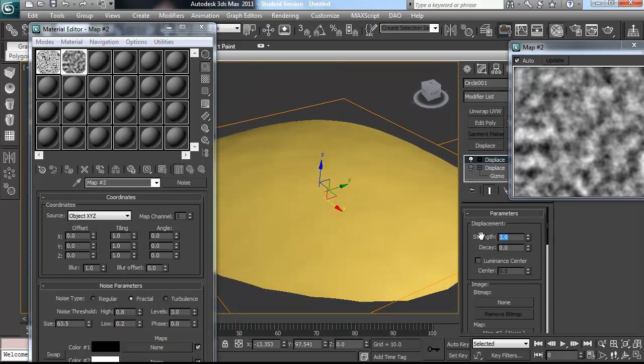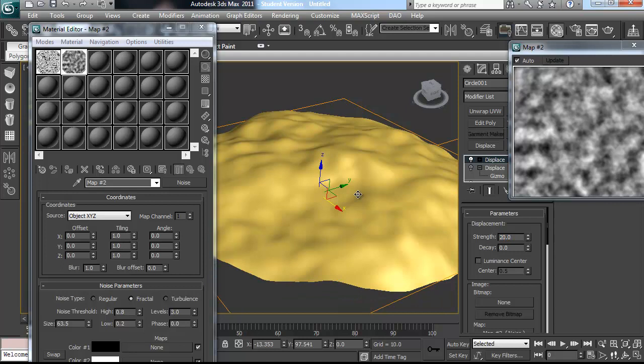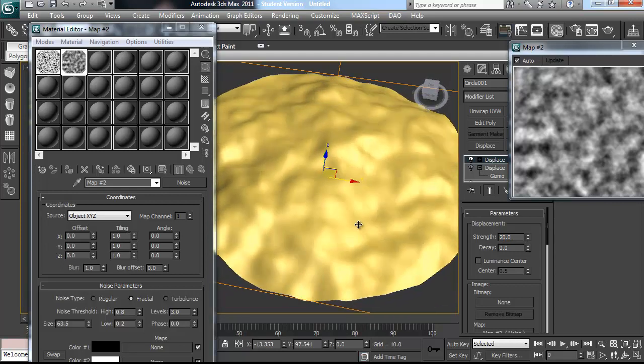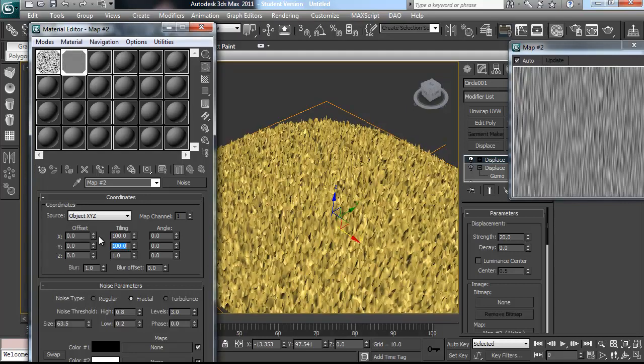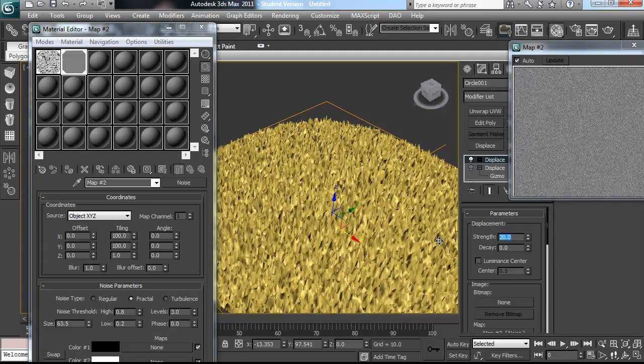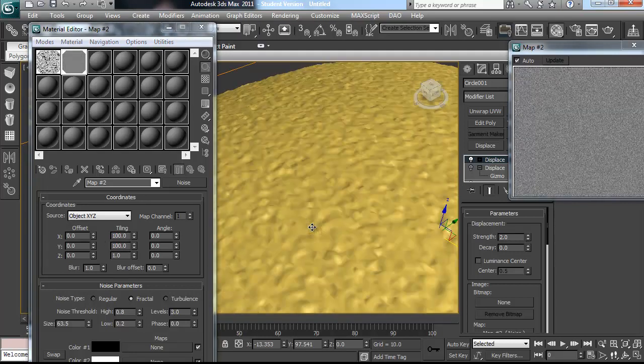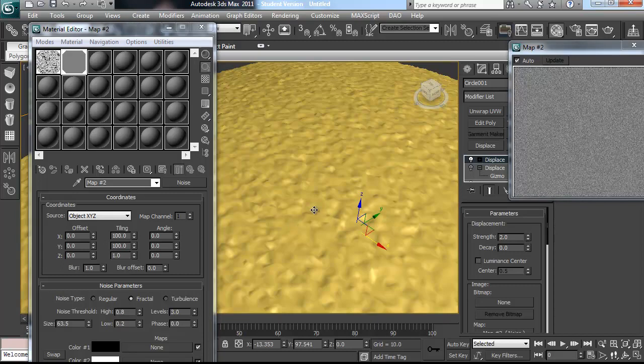If I make this much stronger, you'll perhaps see this. And we make a kind of more lumpy thing, but I'm not actually looking to do that with this modifier. What I'm looking to do is make kind of smaller changes. So I'm going to turn the tiling way up, and that should allow us to see lots of changes. Now this strength is obviously now much too strong, but you can see now we've got smaller changes, so